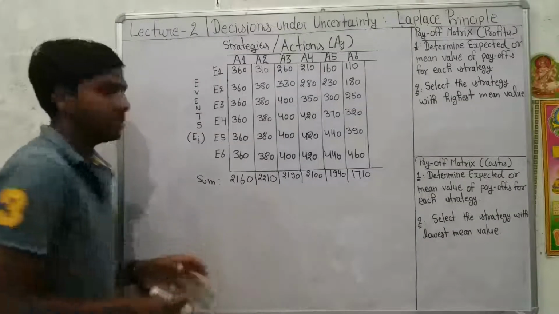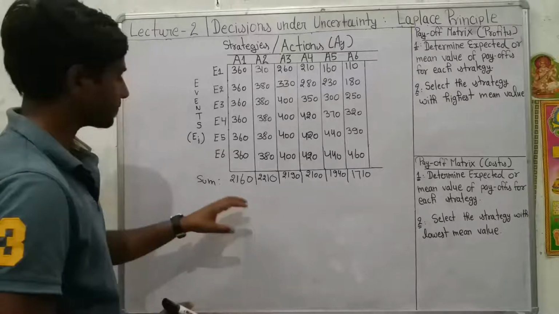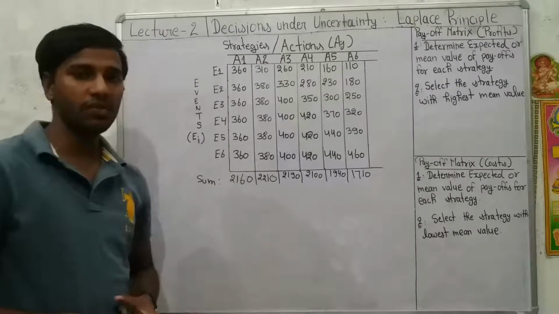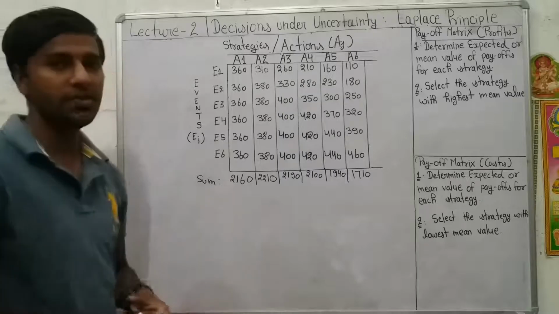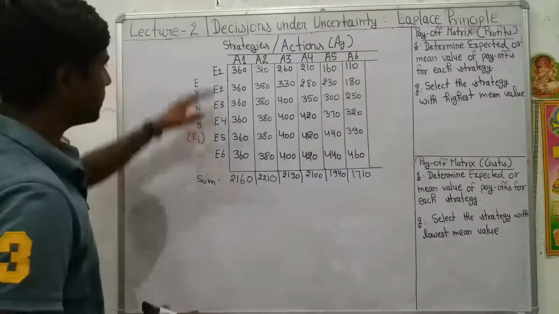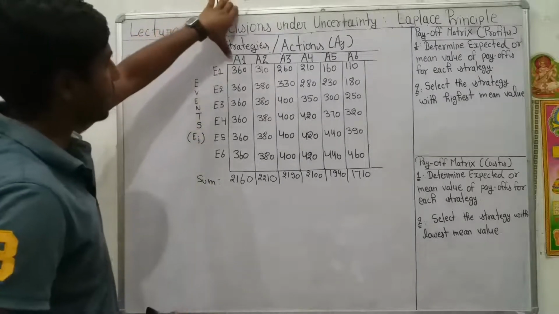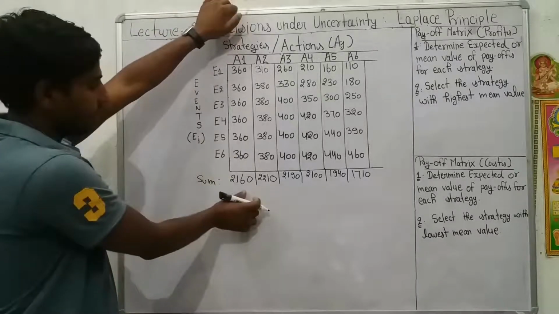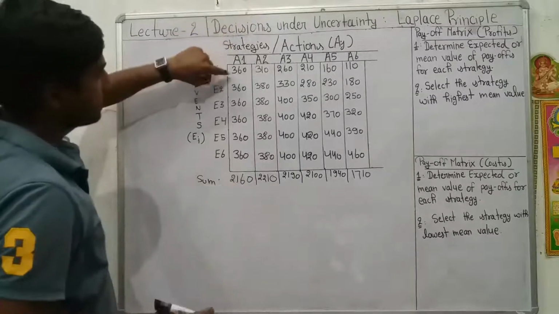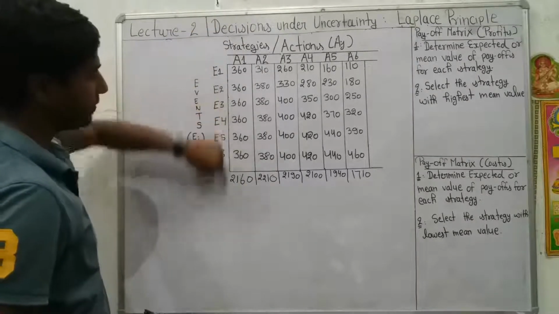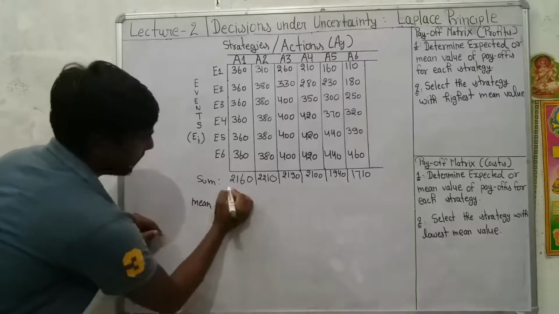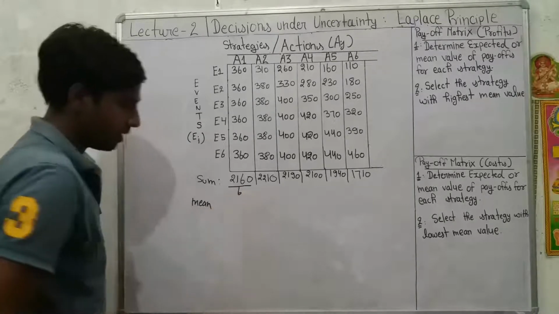And as we know, the formula of mean is the sum of the facts divided by the number of facts, or the sum of the data points divided by the number of data points. So in particular for action 1, the sum of the data points is equal to this, and the number of data points is equal to 6: 1, 2, 3, 4, 5, 6. So the mean would be equal to, we would divide this value by 6, and the mean is equal to